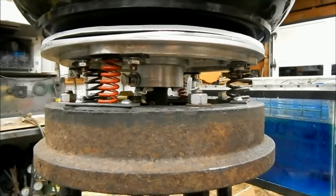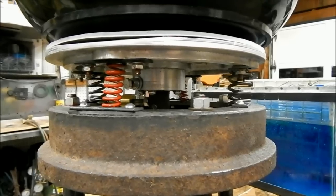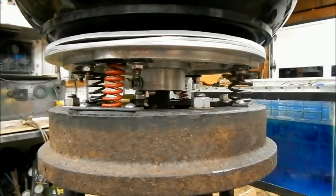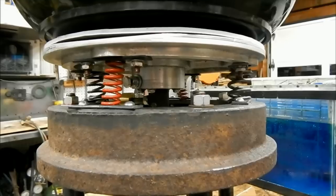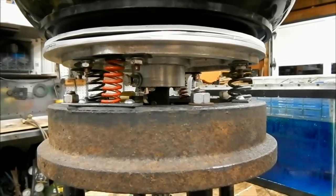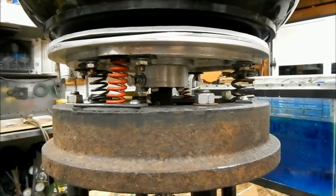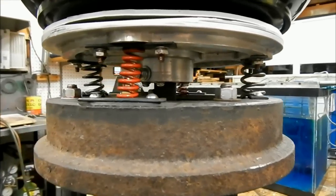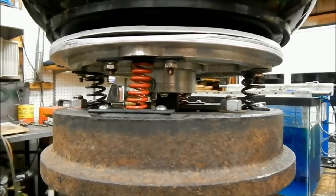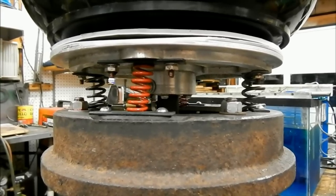The black springs are valve springs from a 1969 Buick Electra, and the red springs are front suspension springs from a Razor scooter. And the red springs are actually much harder than the black springs, so the platter moves to the right and to the left a little bit more than it does to the front and the back from this view here. And that means the media does not swirl quite as well as I'd like it to, but